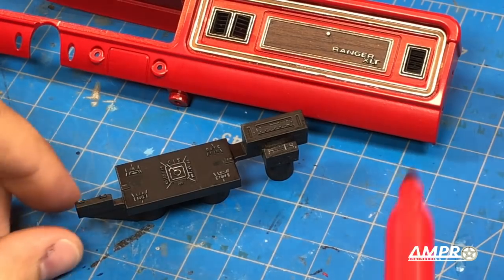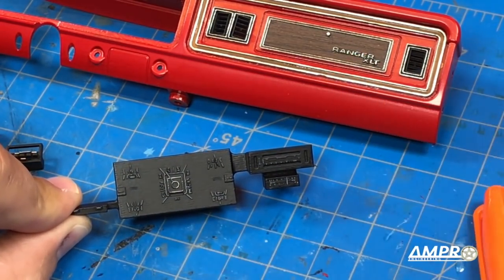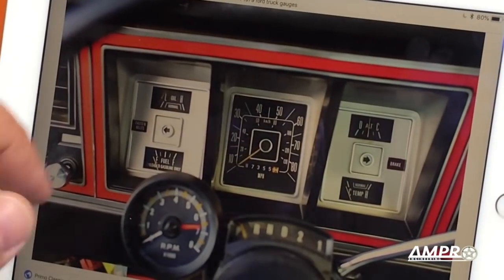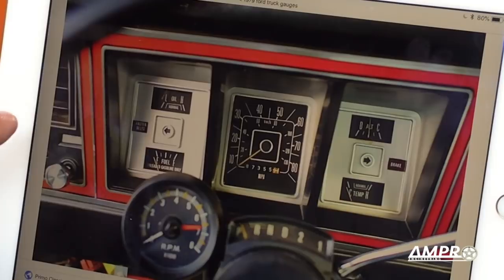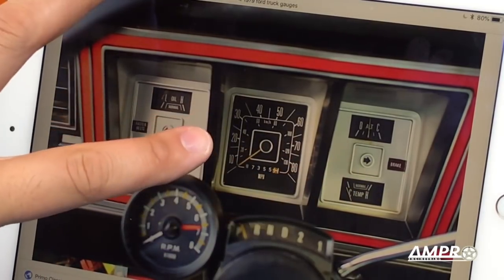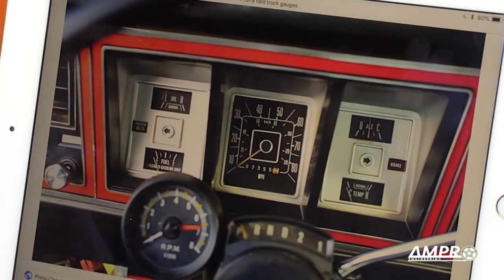As for other areas like the needles, I'm going to use my orange Sharpie for that. And there are a couple of idiot lights, and please do not be hesitant to actually look up images. So here we can see there's the fasten belt, the brakes. In fact, upon confirming where some of the light locations were, I found this